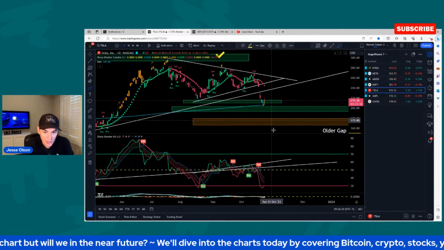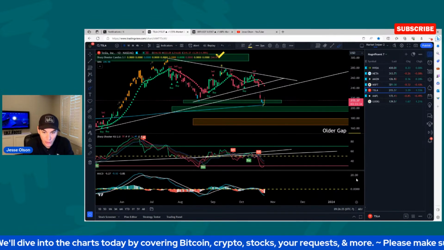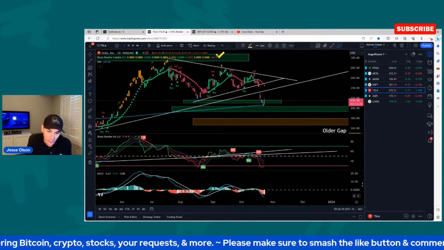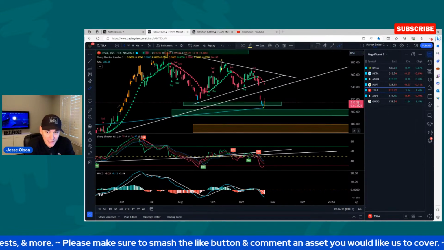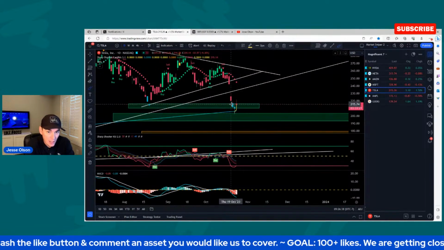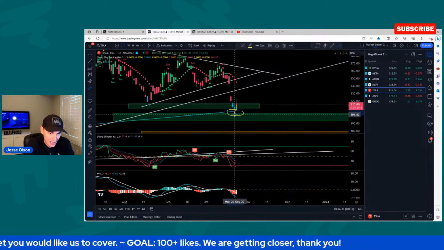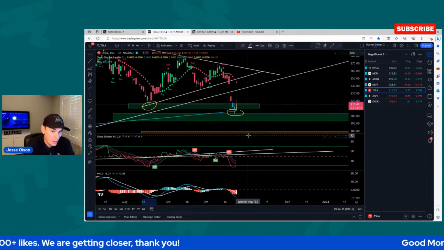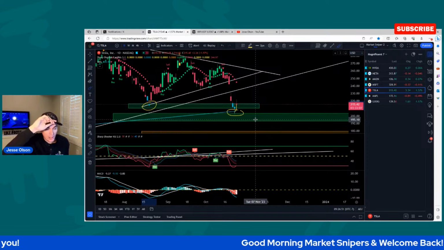Let's take a look at Tesla. Again, we talked about it. Will it find support, right? The MACD is still bearish. It could just be kind of letting the MACD catch up. It's below the zero line on the daily chart, but it did come back down very quickly. It was oversold, right? It did hit the 200-week moving average. It did hit this lower target down here. It did close below here, right? Putting in a lower low. And so this is what we're going to continue to watch, right?